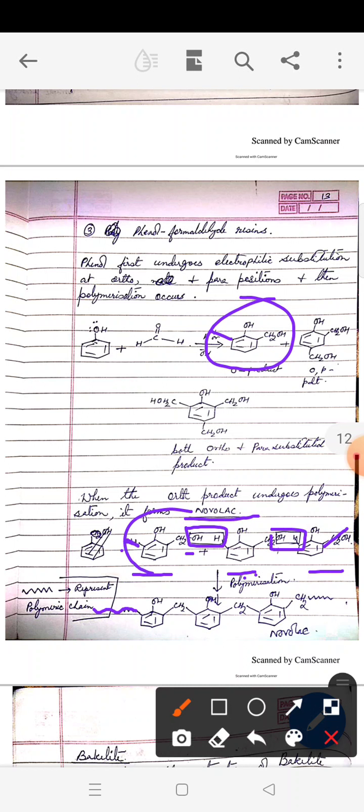So here you have this benzene ring with OH and this CH2. This CH2 is behaving as a bridge between the two rings, and then again you have a benzene ring with OH and again a CH2, and again a benzene ring with OH and CH2, and this polymerization continues at the two extremes. So this way when we get the polymer, it is called novolac, and as I told you, this is one of the well-known paints.